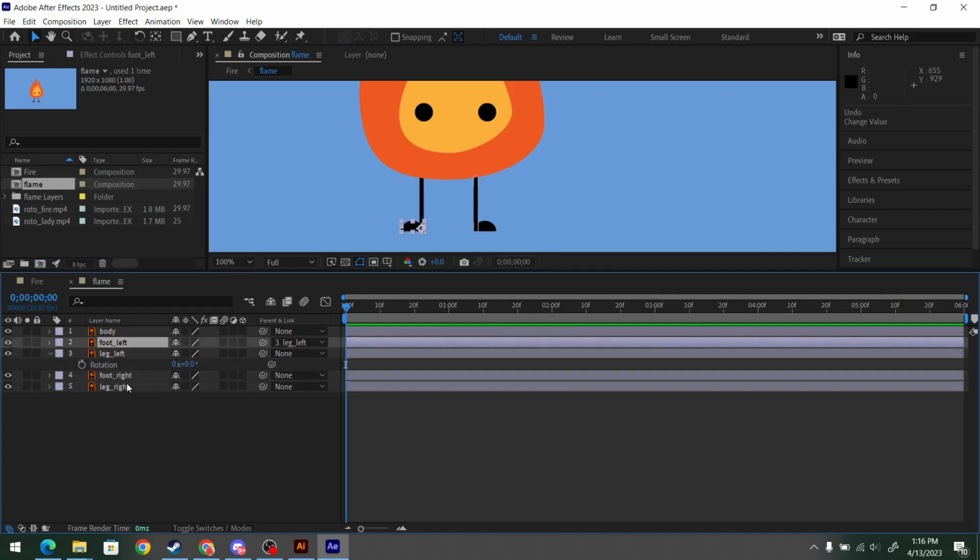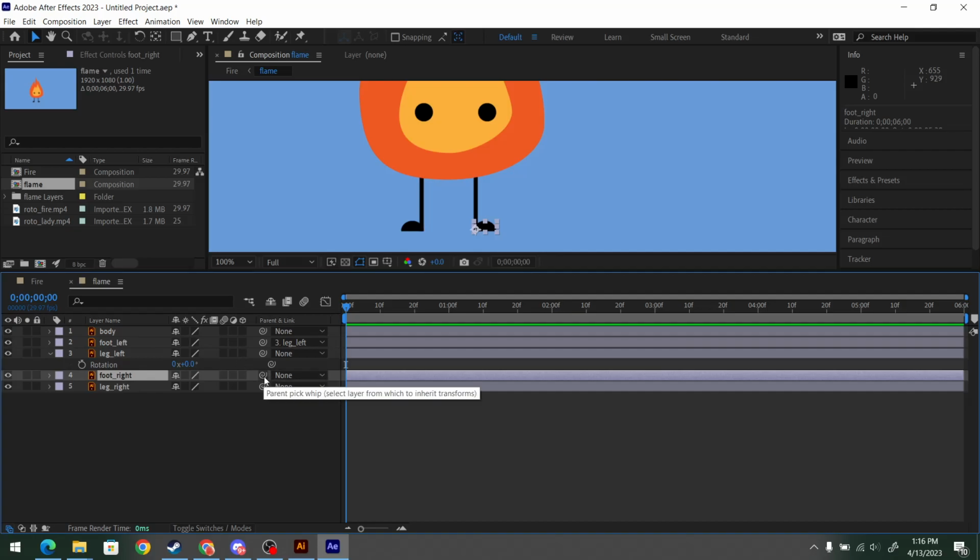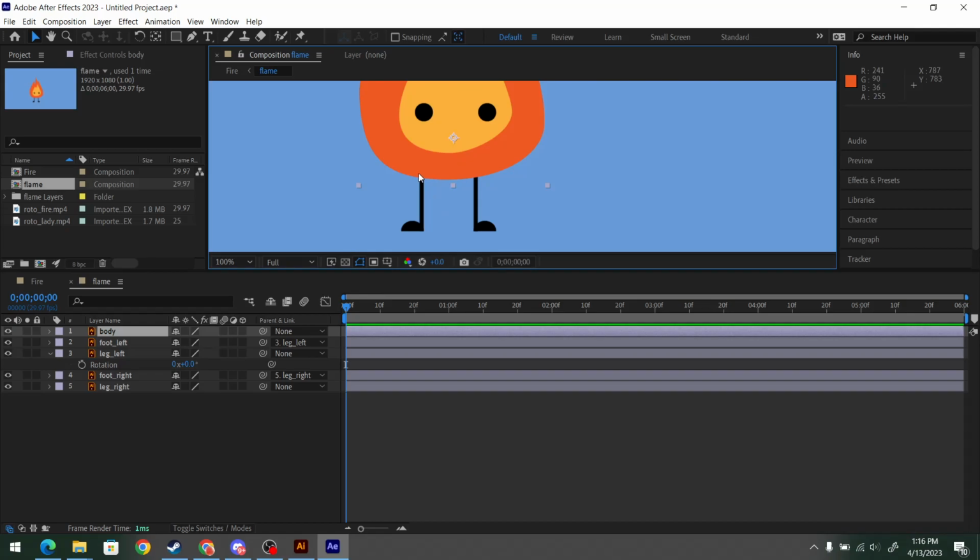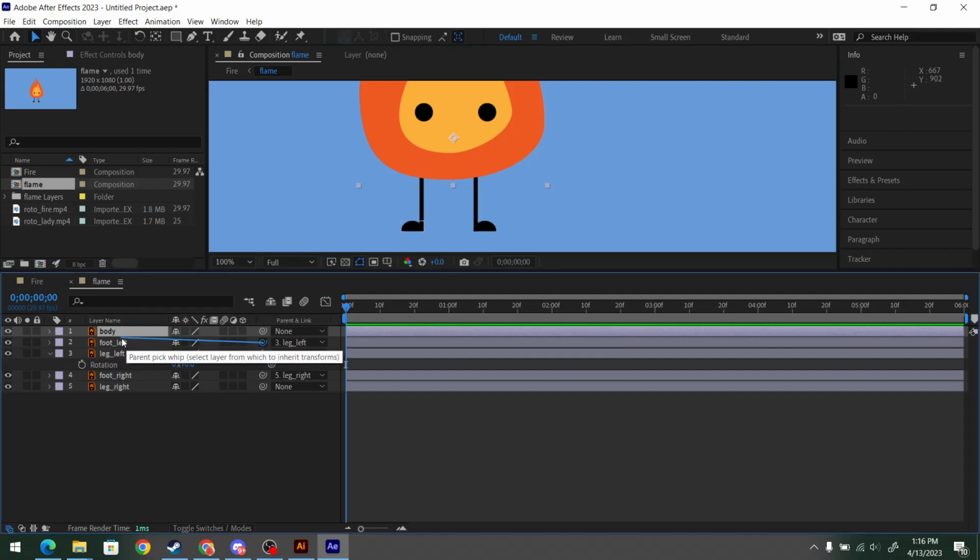Okay, so let's do that with the right foot. So I'm dragging from the baby to the parent. So grab the swirly, going to the leg. And now if I did the same thing with the right leg, the foot will stay connected, and then I'm going to do that with the body. So now I want the legs to connect to the body. So grab their swirly,